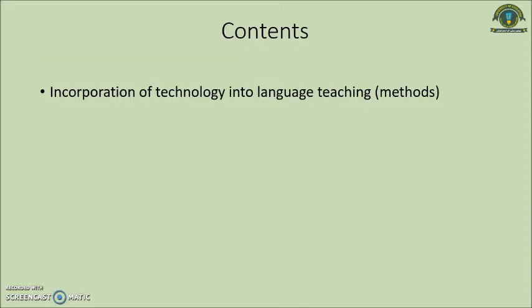So this lecture is basically going to focus on how important it is to incorporate technology into your methods, into your classrooms. In this lecture, I'm going to guide you and motivate you on how you can do this task. Although it seems difficult apparently, believe me, it is not. It's just our shyness,